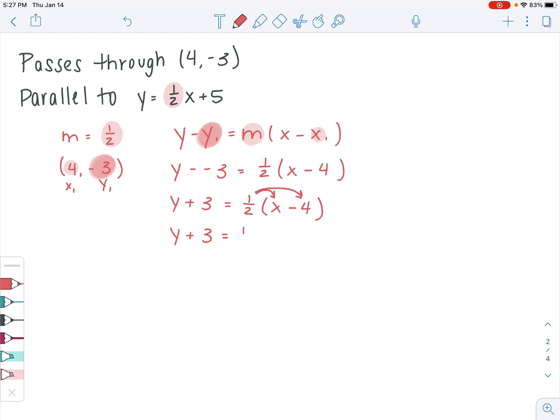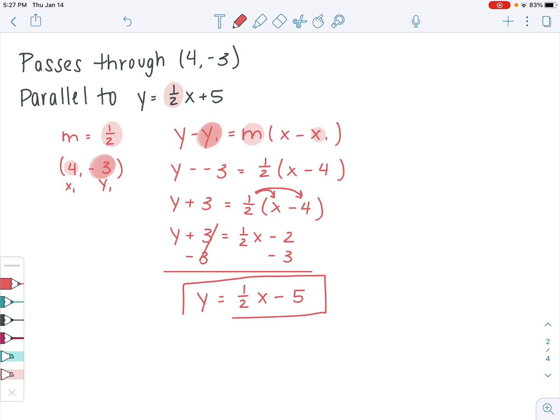Then I'm going to do 1/2 times x, which just gives me 1/2 x. And then 1/2 times -4 is the same thing as saying what is half of -4. So it's -2. And then I need y all by itself, so I need to move this 3. I'm going to do the opposite of adding 3. I'm going to subtract 3 from both sides, which cancels out the 3, and I get y equals 1/2 x minus 5. So now you can see that's already shaded in on the maze. That problem